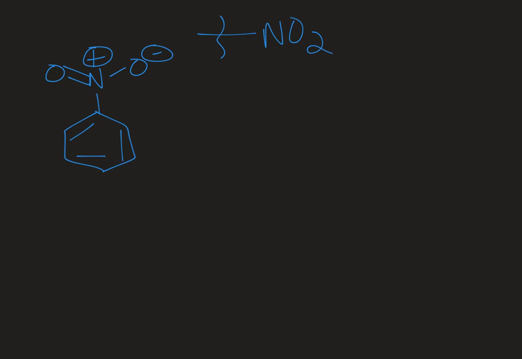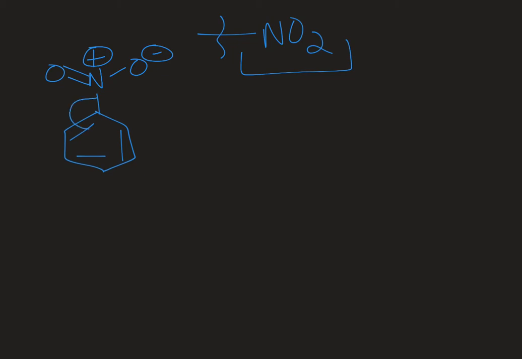This is nitrobenzene. It is a benzene derivative that has a very strongly electron withdrawing group, the nitro group, on it. So I drew the condensed formula up here. Oftentimes students will think, oh, the nitrogen's attached to the ring, so that's an electron donating group. In this particular case, this nitrogen has two oxygens on it, and so it actually has a full positive charge. It doesn't have any lone pairs of electrons, so it's not a donating group, it's a strongly withdrawing group. So that positive charge is going to be drawing electron density out of the ring.